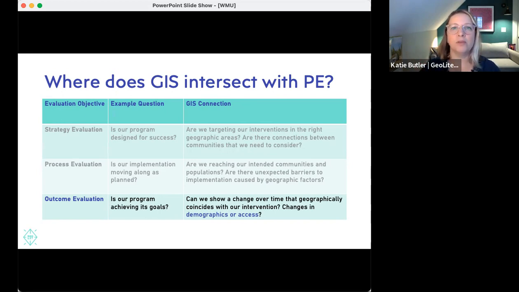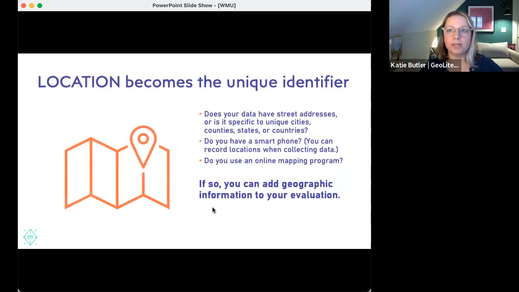So it is one tool that we can use to help us better understand those kinds of relationships. As you're considering whether and how to use geographic information, we all collect all this data, right? In program evaluation, we put it into databases, we put it into spreadsheets, and in order to do all of our quantitative analyses of the data we collect, we have to have a unique identifier in our database. So when you're using geographic information, you can use location as the unique identifier.